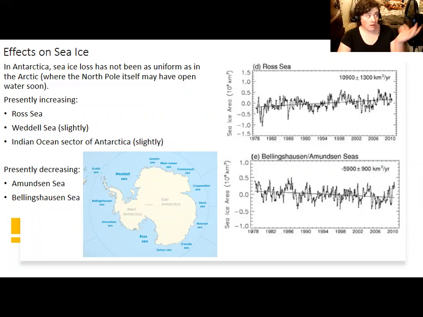Of course, the article that I had you read indicates that the Weddell Sea is starting to lose ice also, so some of these trends appear to be flukes, and it appears that Antarctica is starting to suffer extensive sea ice loss as well. Sea ice extent has really been dropping in the Bellingshausen and the Amundsen Seas near West Antarctica. So the takeaway that I'm getting from this is that sea ice has really started to melt the most in the areas near West Antarctica, and now we're starting to see the other seas be affected as well.